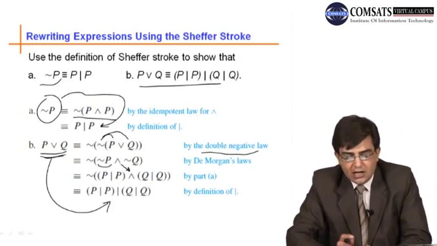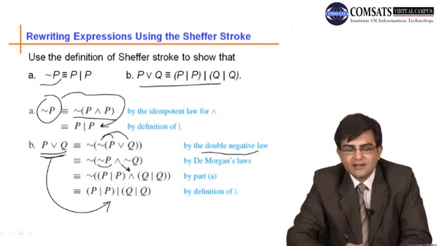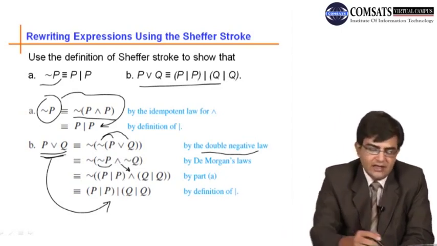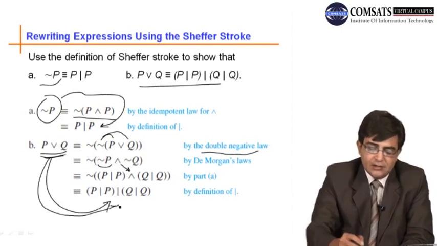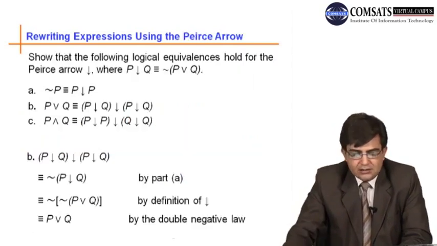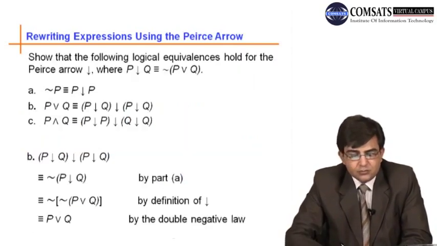So we can write any Boolean expression by using only the Sheffer-Strokes, or we can convert any Boolean expression into an expression which uses only the Sheffer-Strokes. So now we consider the same example